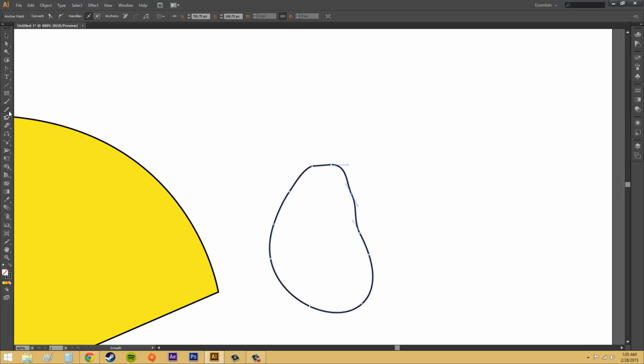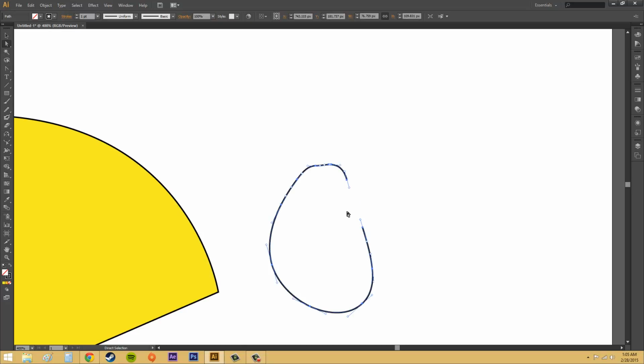And now let's try our Smooth tool again. Now we're getting somewhere. And I'm starting to smooth these out. And you can see how this works. It's going to just try to smooth out your shape. And it's not going to be perfect, so you're going to have to use your direct selection tool or any of your other point manipulation tools to kind of smooth this out and make it look a little better to get what you want. You might have to go in and start deleting points,